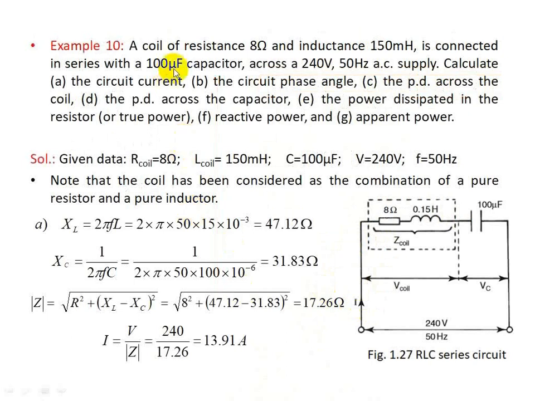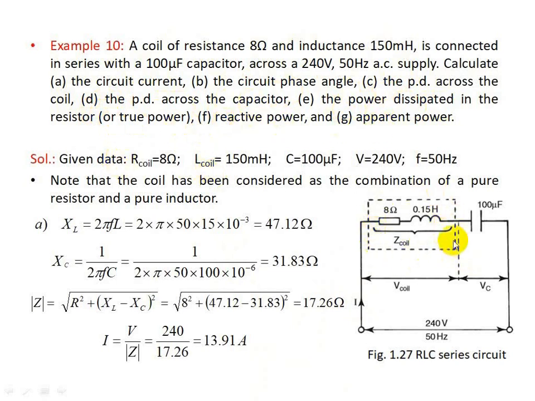So coming to the problem, a coil of resistance 8 ohm and inductance 150 millihenry is connected in series with a 100 microfarad capacitor across a 240 volts 50 hertz supply. Calculate A, the circuit current, B, phase angle, C, the potential difference across the coil, D, the potential difference across the capacitor, E, the power dissipated in the resistor, also called true power, F, reactive power, G, apparent power. Given data are